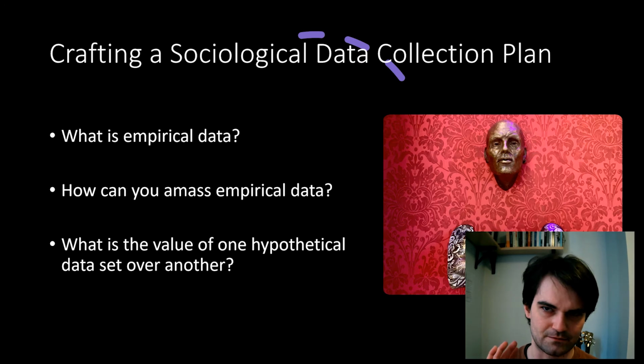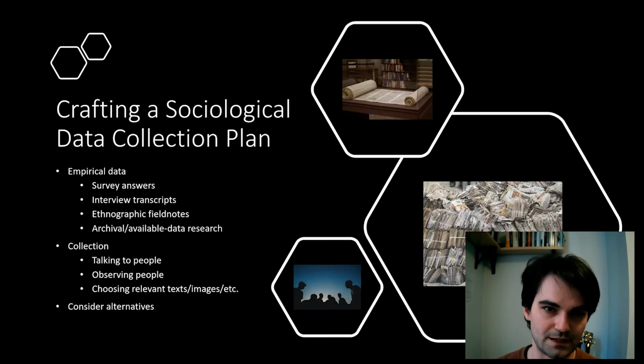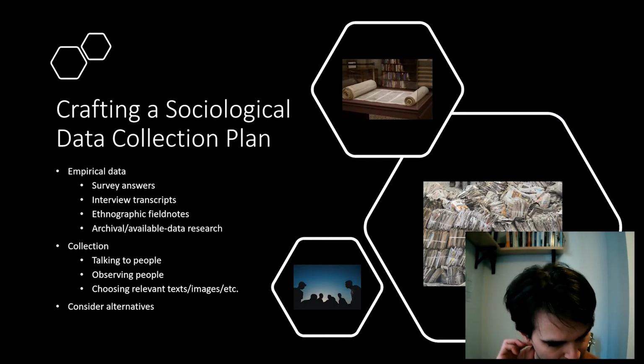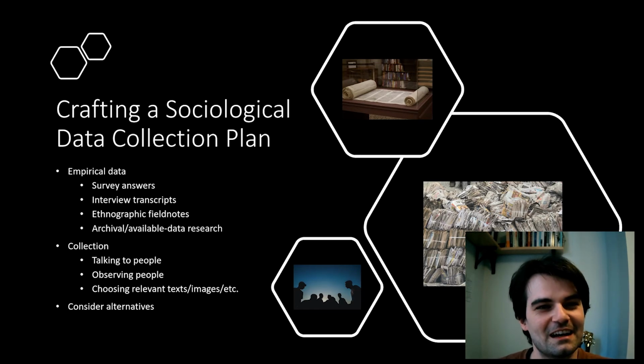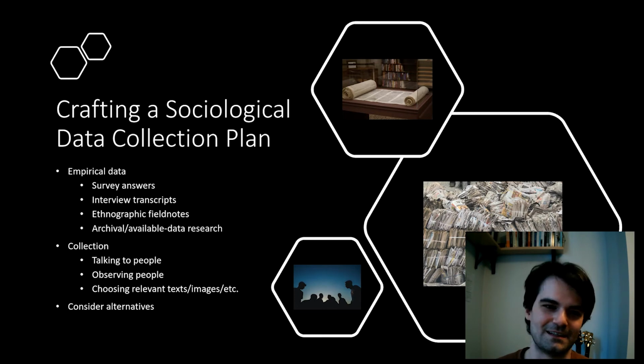So that's general thinking. Now we'll get into some concrete examples. Sorry, a few more general things before we get into the concrete examples. I just want to talk about the general components of what you should be thinking about when you're crafting this data collection plan. These are: what's the empirical data? What's the collection plan? And this is something that doesn't necessarily need to be considered in the paper, but is going to be really helpful to